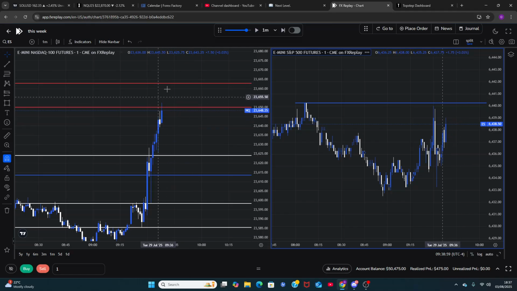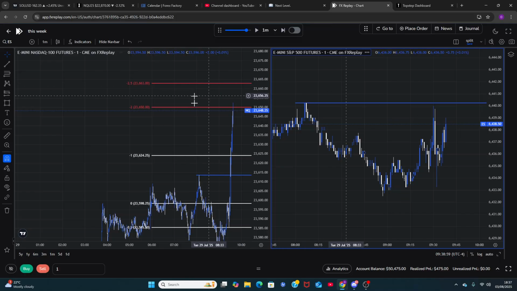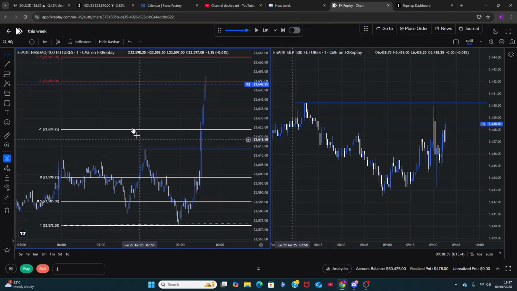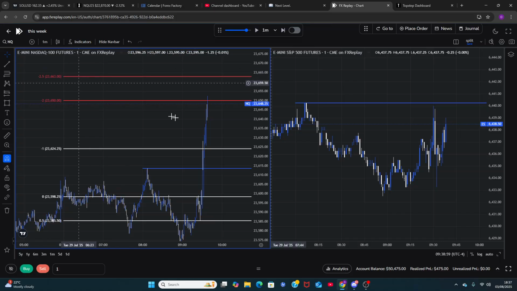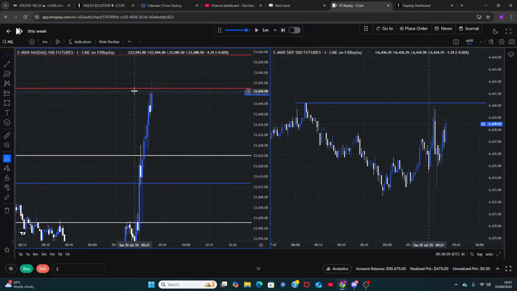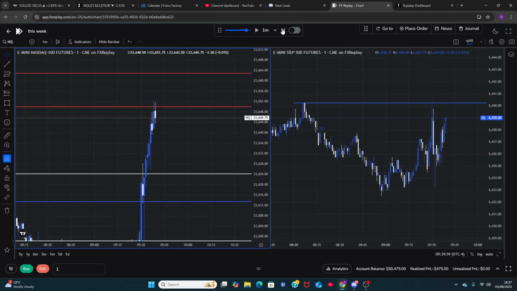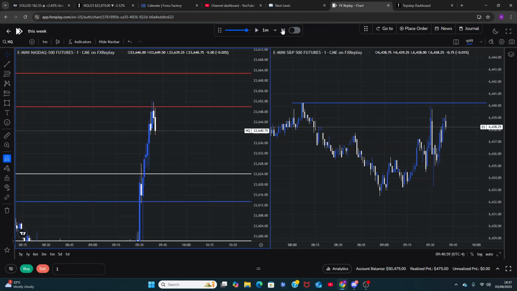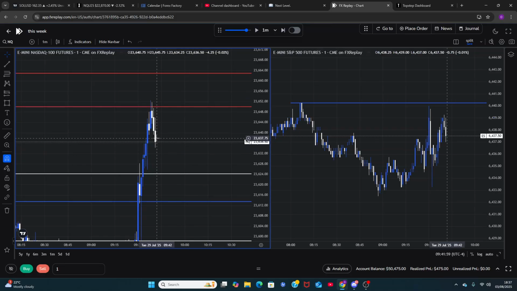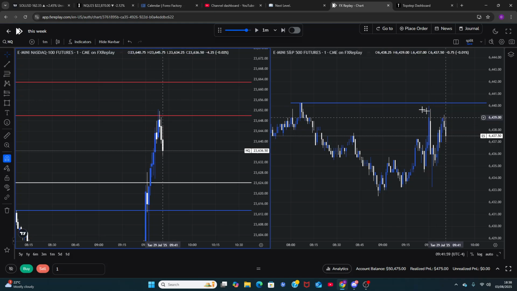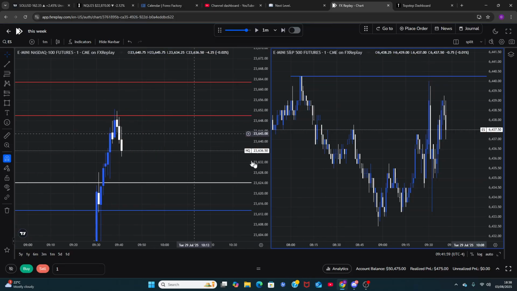Very, very patient. Because this area, there's a reason why it's red. Because it's a very, very key area. When it comes to the fib, the -2 to -2.5, very, very key area. So I'm waiting for price. Currently it's 38 anyway, so there's still a lot of time left. 39, 40, 41. Okay, 41. Immediately ES is telling us we are going lower now. Look at ES. Not taking out its high. NQ.